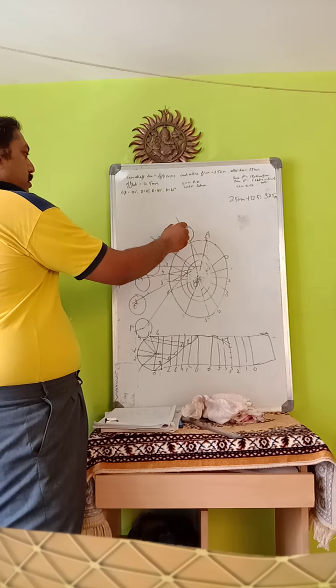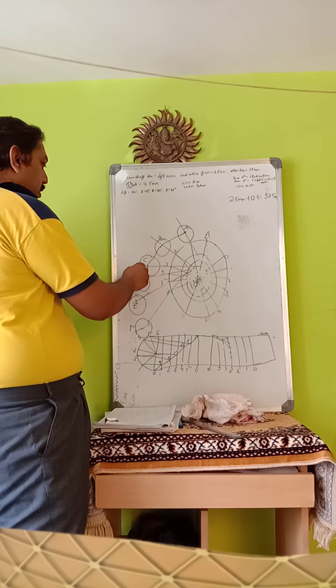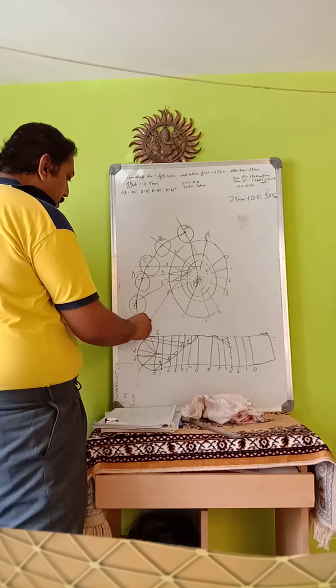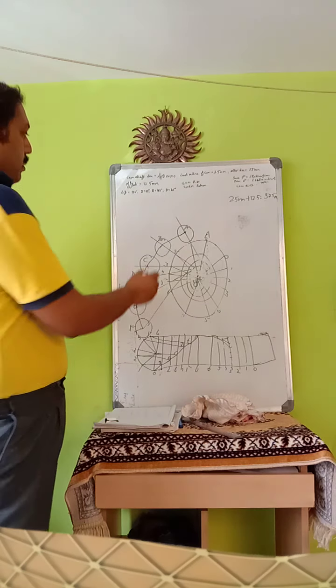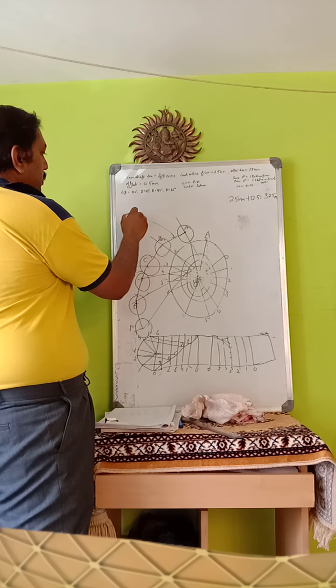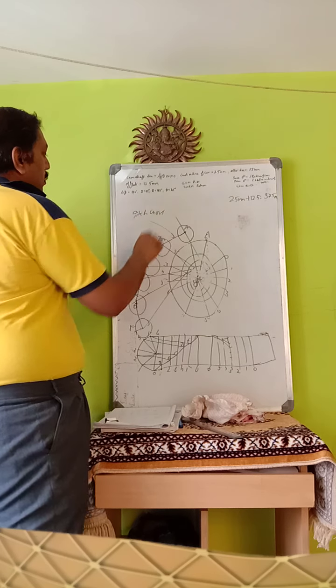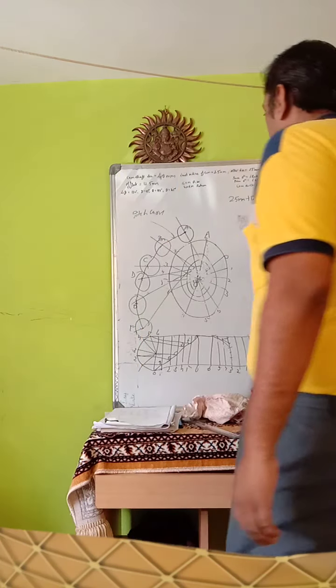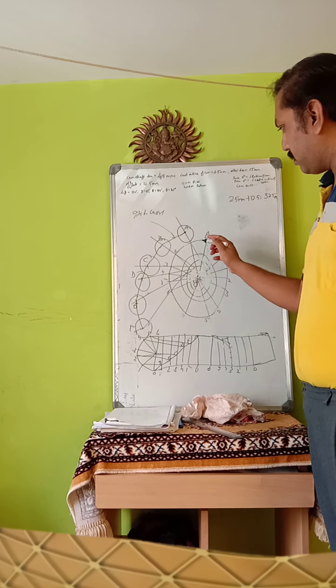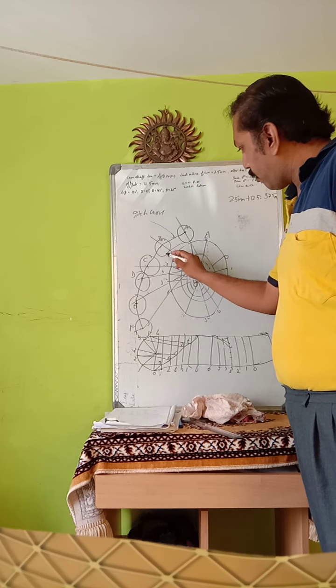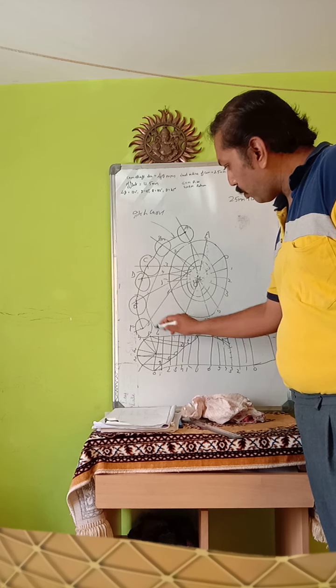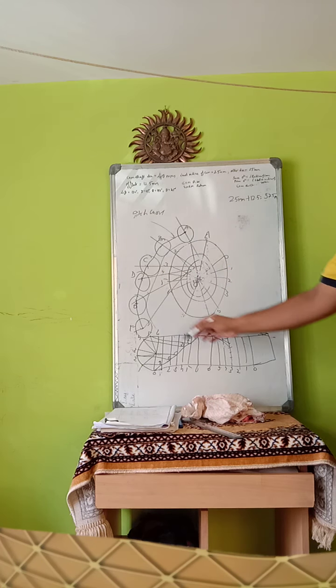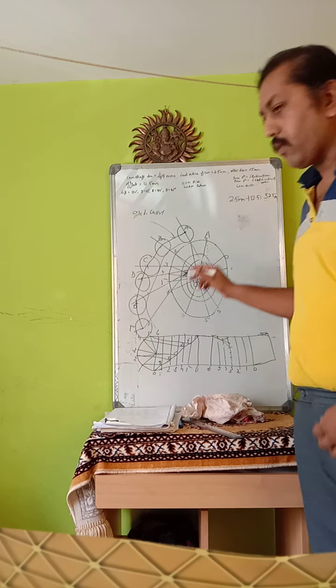So if you join these centers A, B, C, D, E, F, whatever you are getting is called a pitch curve. This is called a pitch curve. But actually, to draw the cam profile, what is supposed to be joined is the base of the rollers. You have to draw the base of the rollers so that you will get the cam profile. The base of the rollers is to be joined.